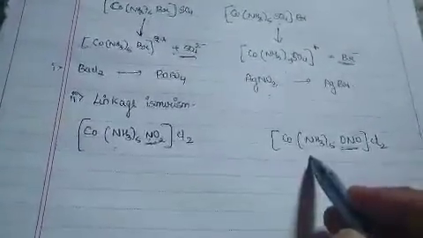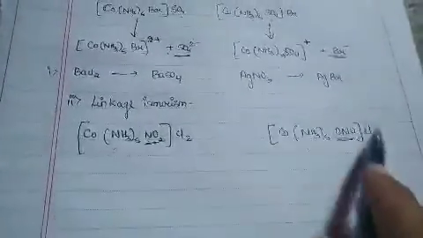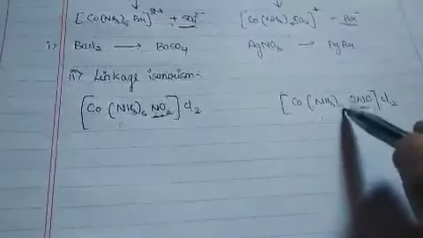Whereas in the second example, you could just notice that the mode of the attachment is to the oxygen atom. So linkage isomers means what? Two or more complexes have the same molecular formula, but they differ in the mode of attachment of the ligands to your central metal atom or ion. For example, if I'm going to write it,